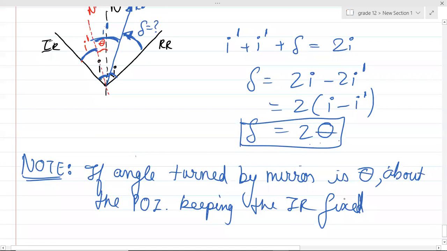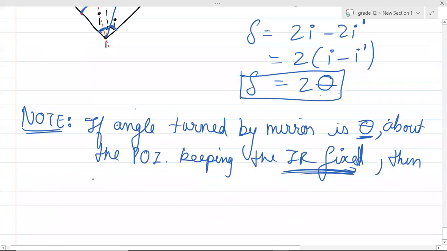So when the incident ray is fixed and you are rotating the mirror by an angle theta about the point of incidence, then the reflected ray